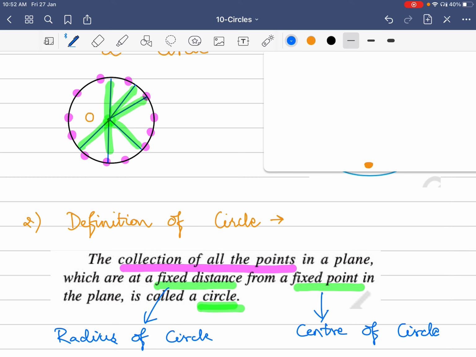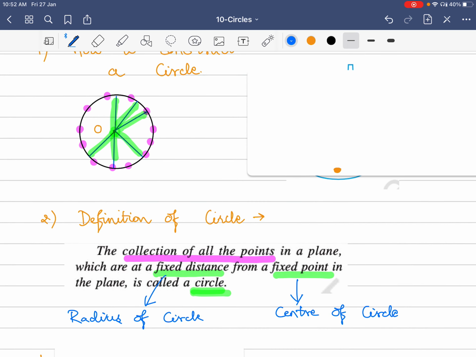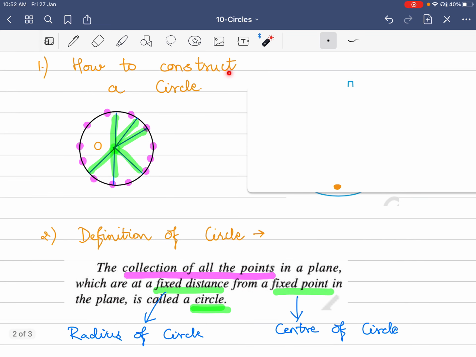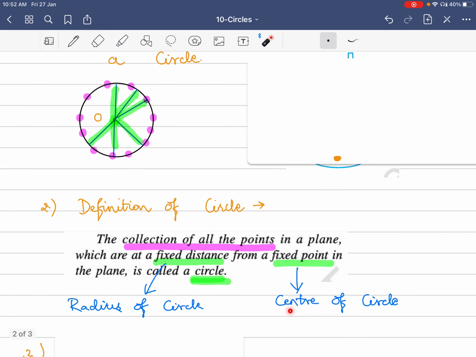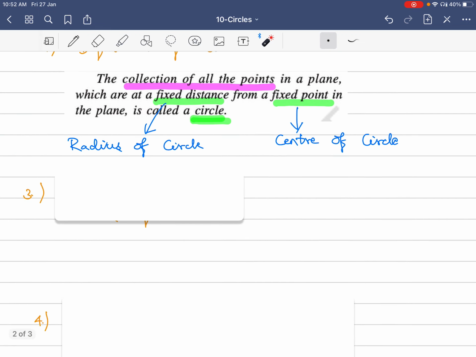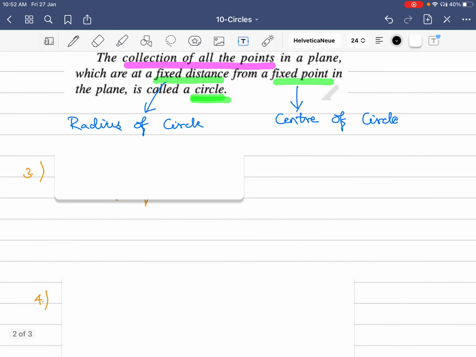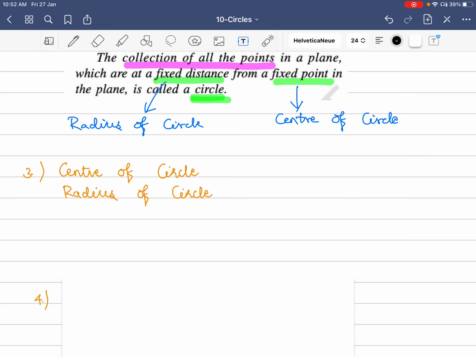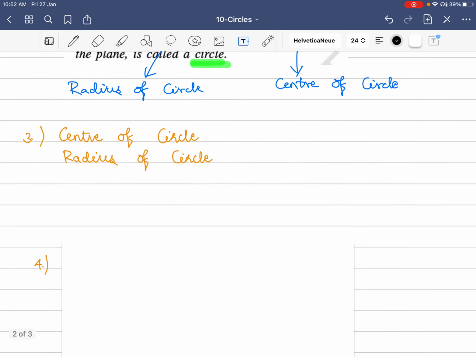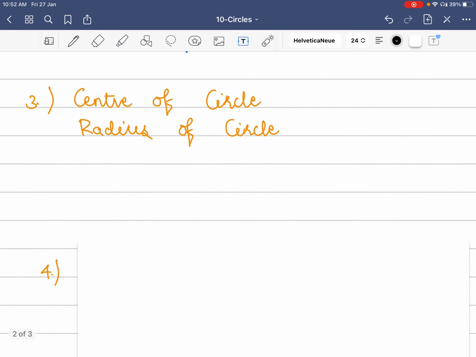So we have understood the definition of a circle. We know how to construct a circle. We know the mathematical definition of a circle, and we know these two important terms: center of a circle and the radius of a circle. So that is point number 3. Let me remove this. Yes, center of a circle and the radius of a circle. Now